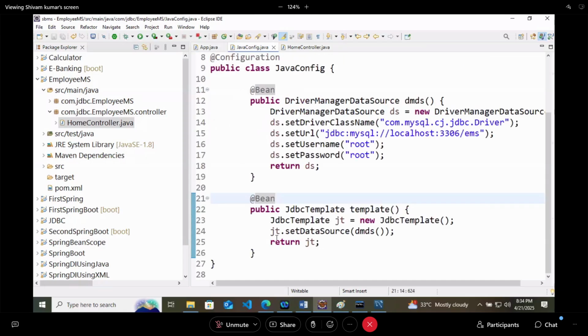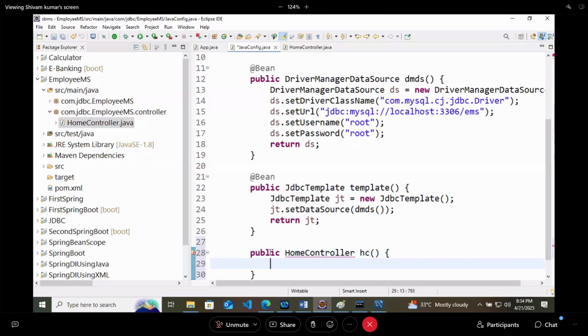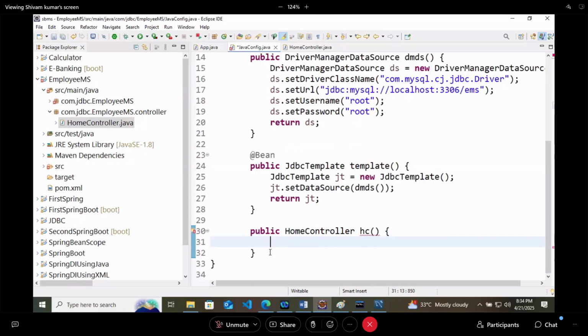We will create the object of this home controller in this main app, so its bean should be created. So in the container only I will create public HomeController, HomeController controller equals new HomeController, because we are following Java based configuration.